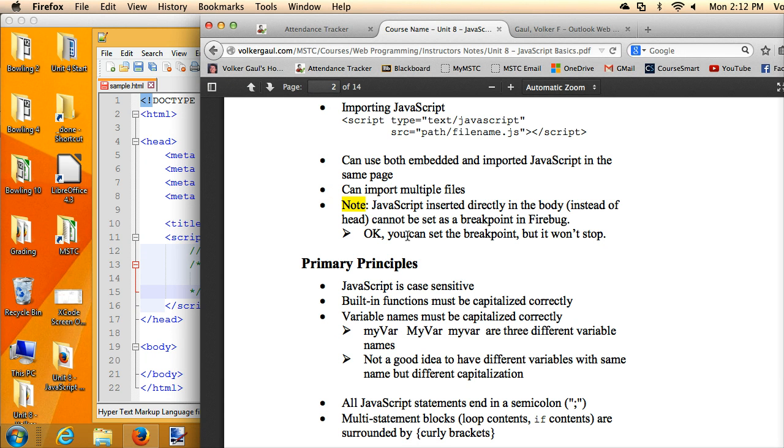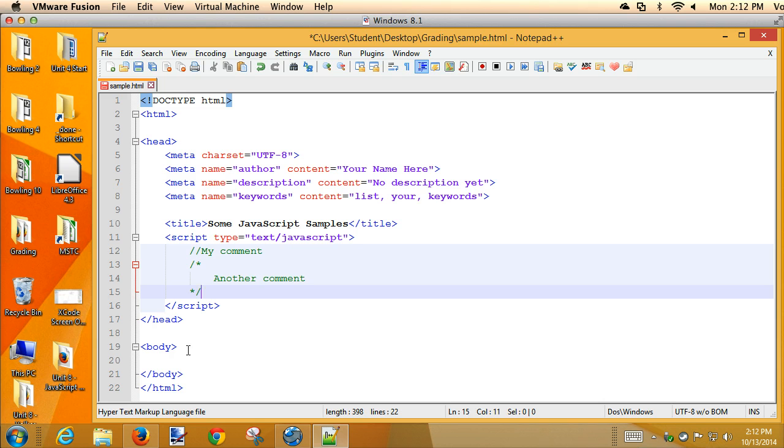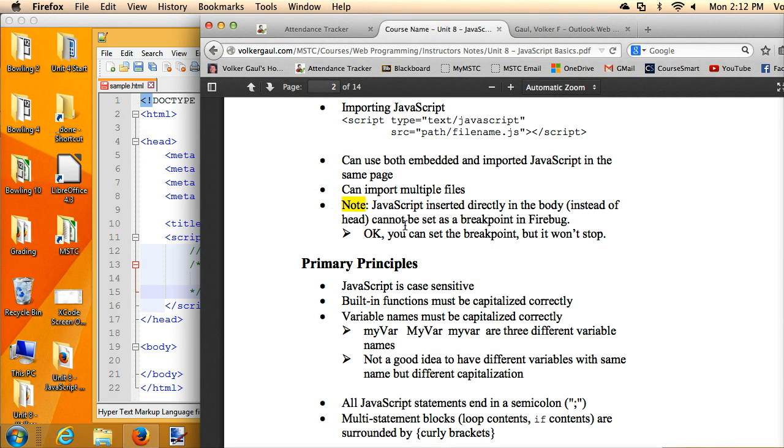The JavaScript doesn't have to be in the head tag. You can embed JavaScript by using a script tag just like this. You can actually put it down in the body. That's pretty rare for JavaScript, though it can be done. Embed it down in the body. If you do that, however, then Firebug, which you're going to learn about a little bit later, won't stop